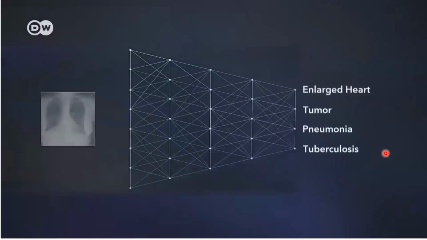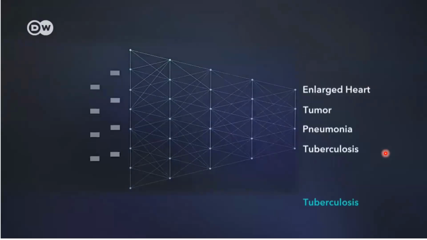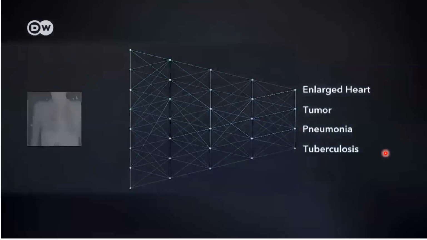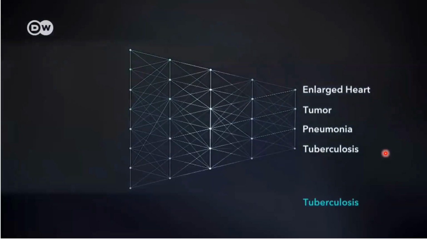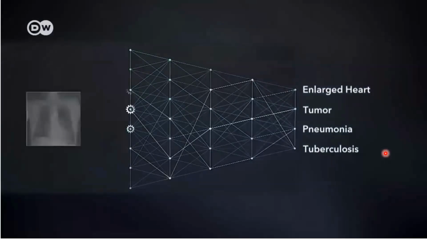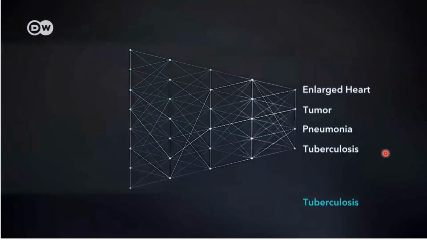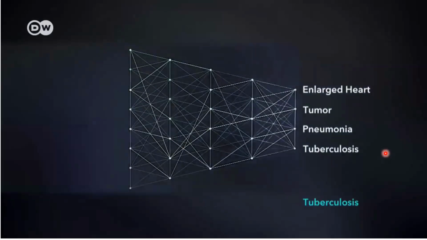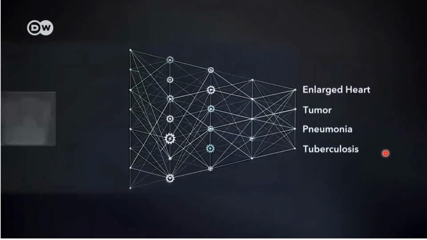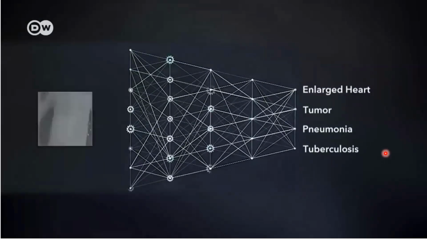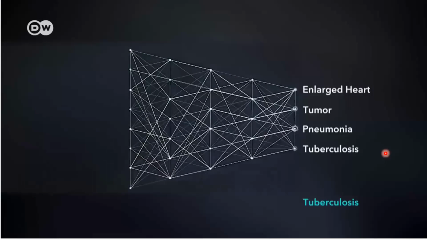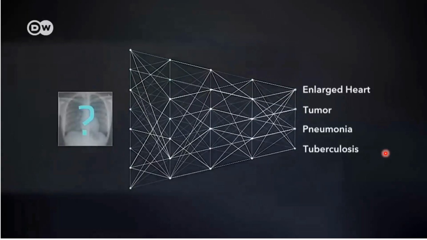First, the network needs to be trained or taught. X-rays of tuberculosis patients are fed to the system. Initially, it struggles to correctly identify the condition. But every time an X-ray is fed in, the network's structure is adapted and its diagnostic ability improves. It takes thousands and thousands of clinical data sets to train the machine. Only after the network is optimized in this way can it correctly identify an unknown X-ray.